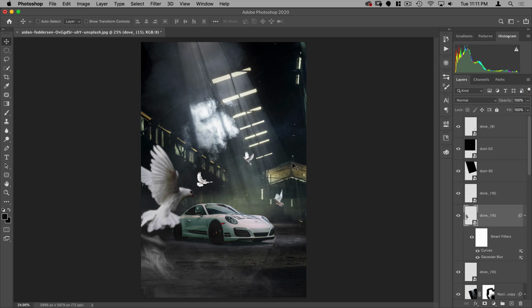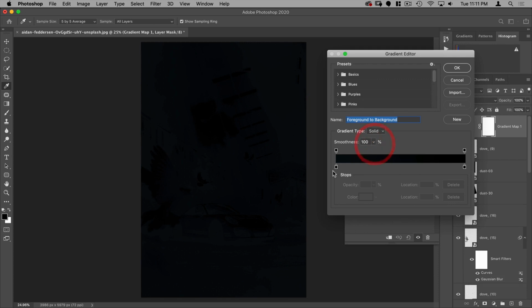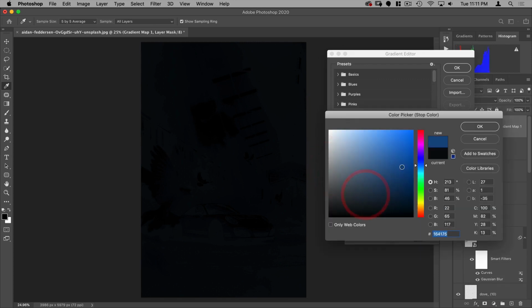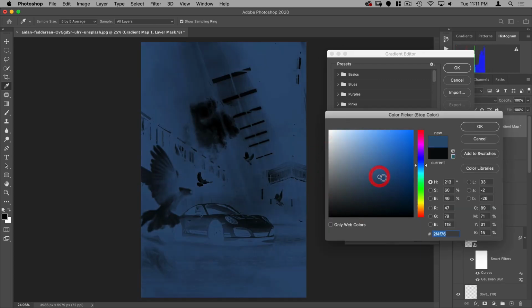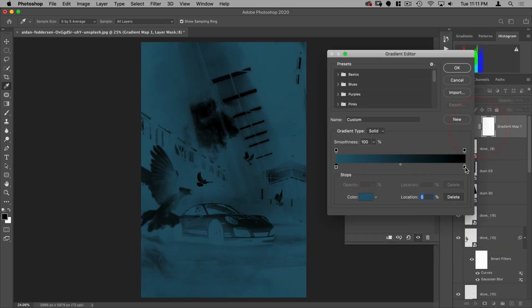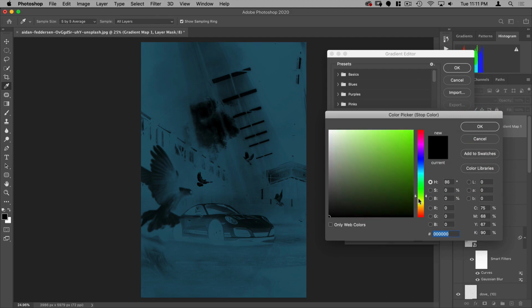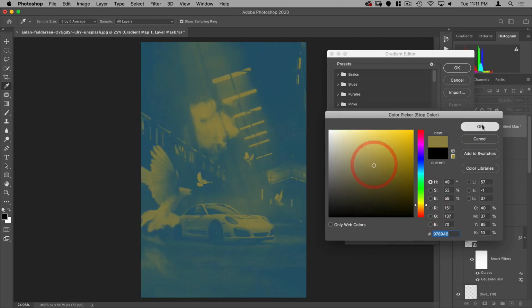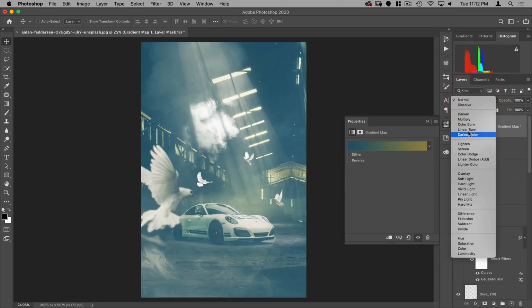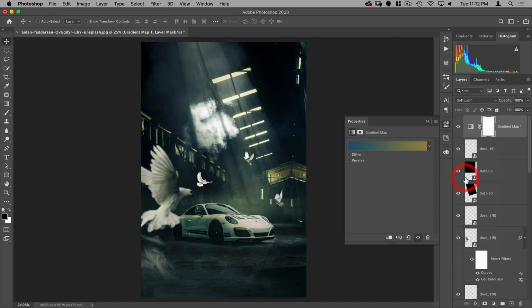I think that's really about it. The rest should look good with our color grade on top. So I'm going to add a gradient map, and this allows me to affect my shadows and highlights. And let's put this on soft light. Already everything feels more like it belongs together.